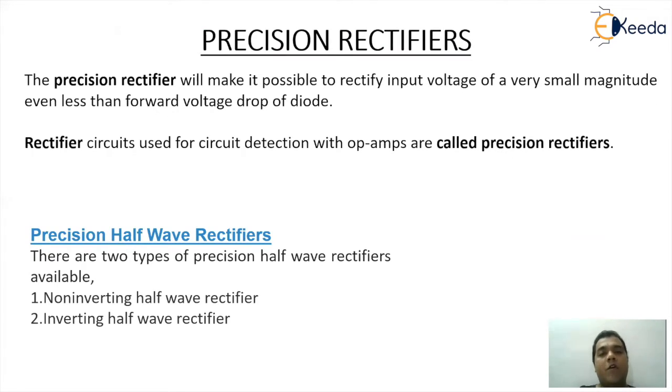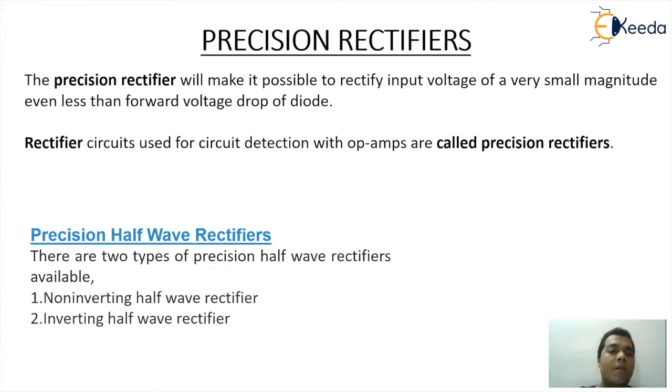The next topic that we are going to discuss here is precision rectifier. So the most important point we need to understand here is, why do we go for precision rectifier circuits? Whenever we look at a diode, a load and an input point, which is a voltage source, we will find that whenever the input crosses the diode voltage of 0.7, the diode will be forward biased. It will work like a closed switch, and the output is basically as good as the input. That is the basic principle of a half-wave rectifier under a forward bias position of the diode.